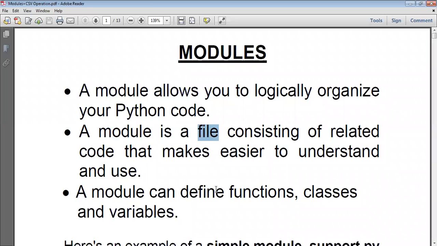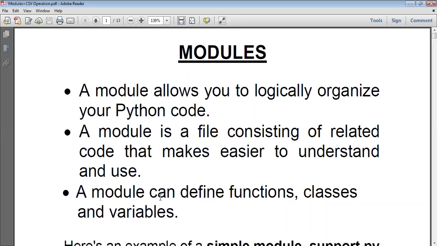Why do we need a module? If we want to use the same logic in multiple locations, then you can create a module with that code. That module can be imported wherever you want, and you can make use of the code inside the module.